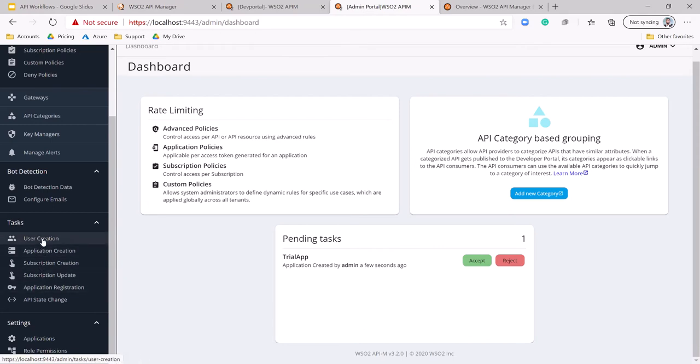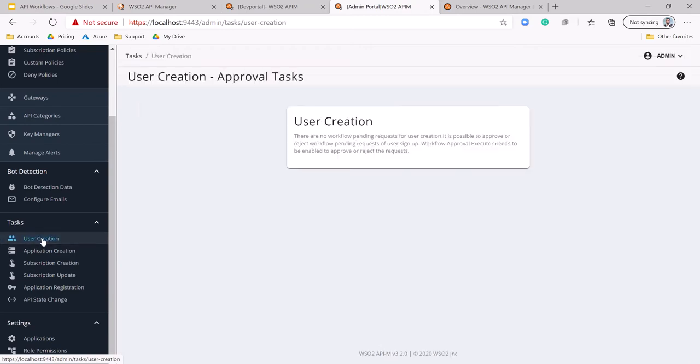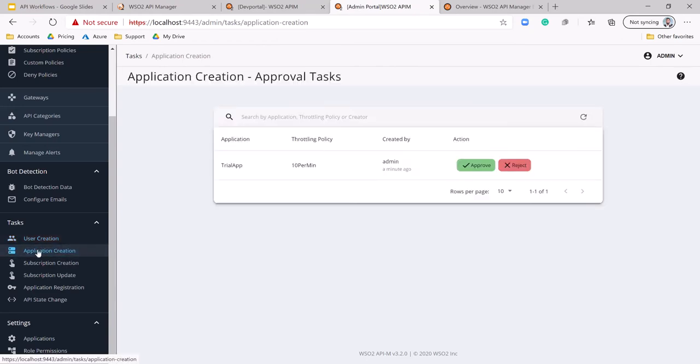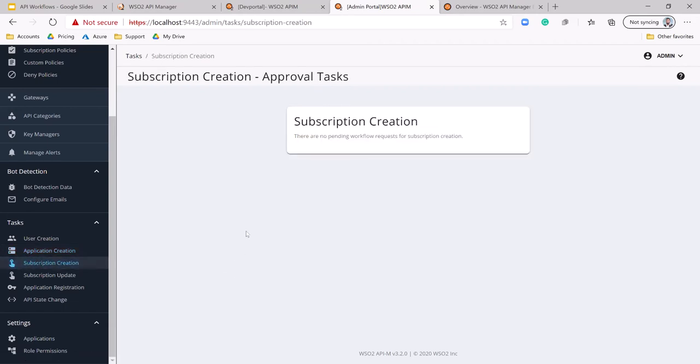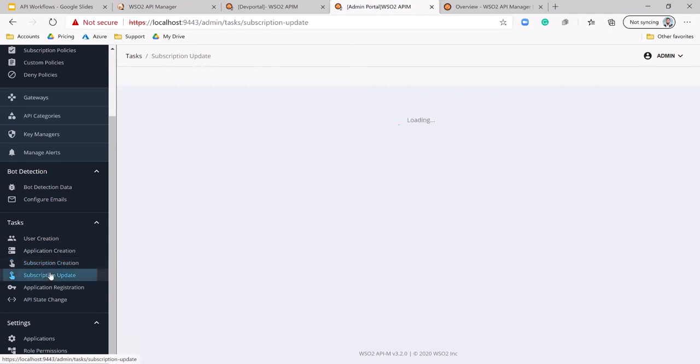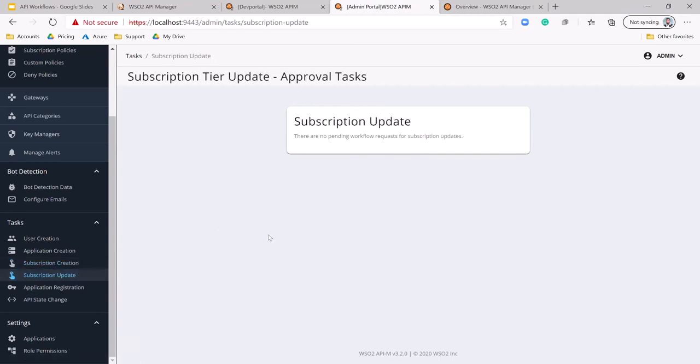So you can see all the user creation approval request under user creation view, and application creation request will be listed under application creation view. Subscription creation approval request will be listed here. Subscription update approval request will be listed here.